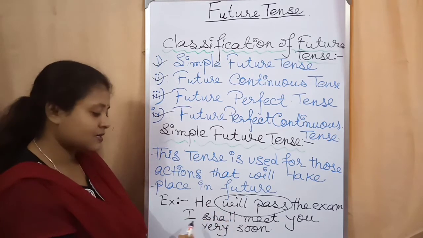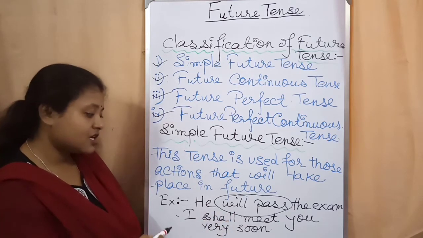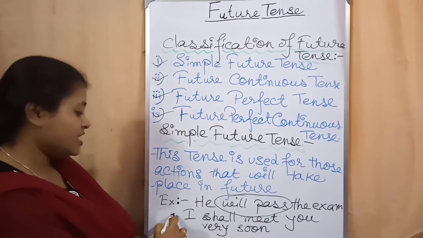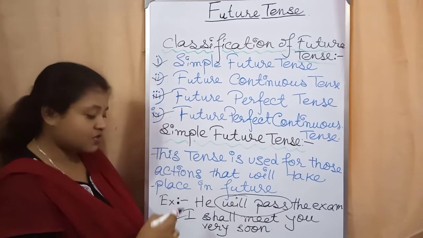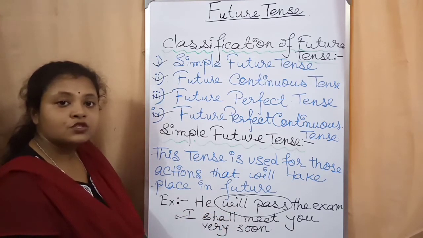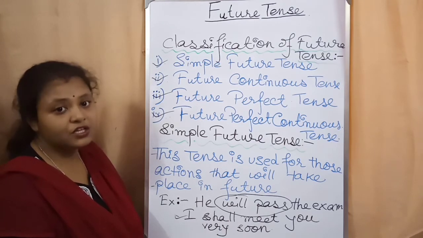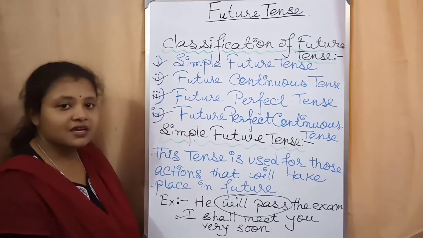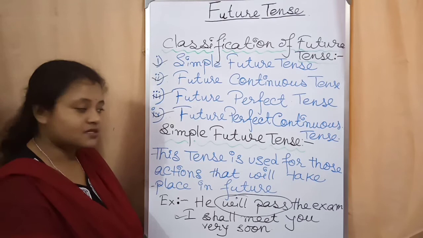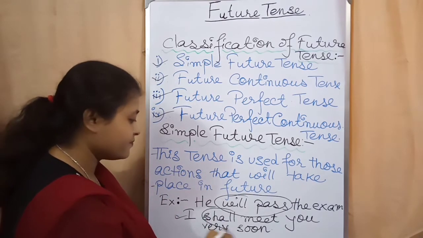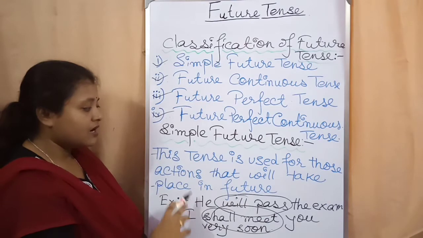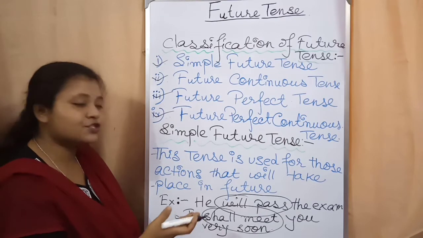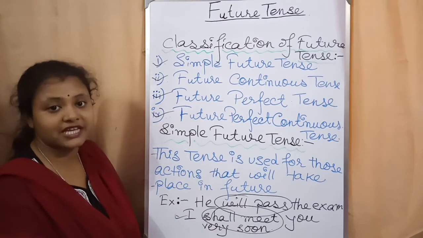Now come to the second sentence. I shall meet you very soon. So here I shall meet you. So my meeting will happen in future, near future. So that is why here in this sentence I have also used the future tense. Simple future tense over here. So simple future tense is very simply, it refers to the action that will happen, that will take place in